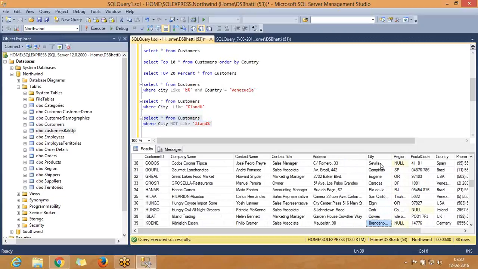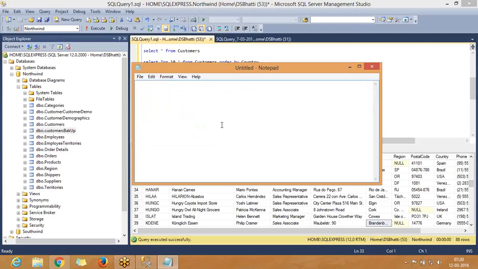As we have seen, percent is a wildcard character, and there are more wildcard characters. Let us see what other wildcard characters there are and how we can use those characters to narrow down our results and arrive at the correct result. As we have seen percent as one of the wildcard characters, let me write it on a notepad. First of all, percent is a wildcard character. It stands for